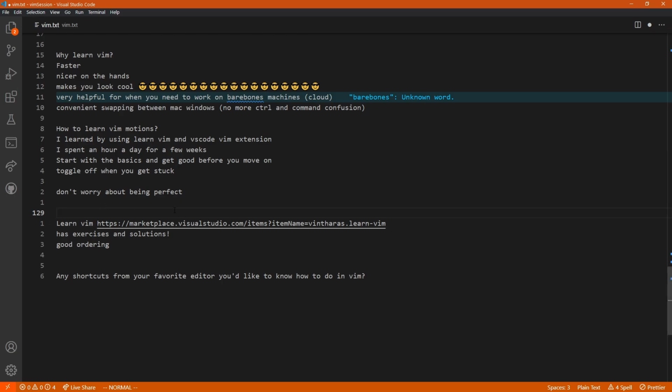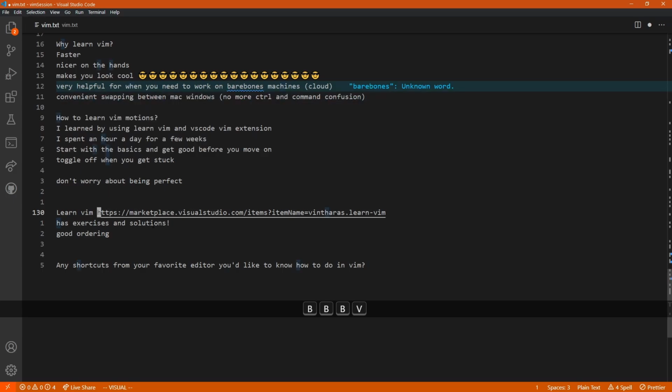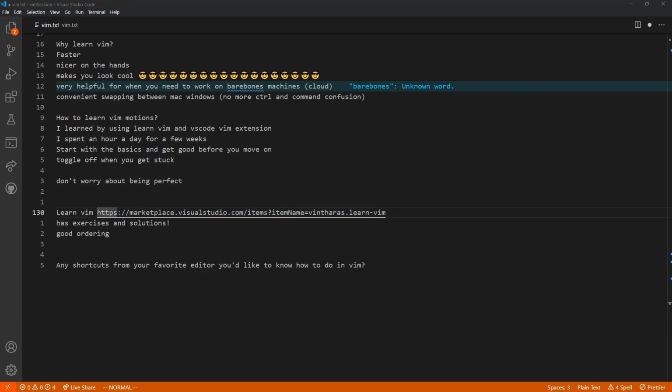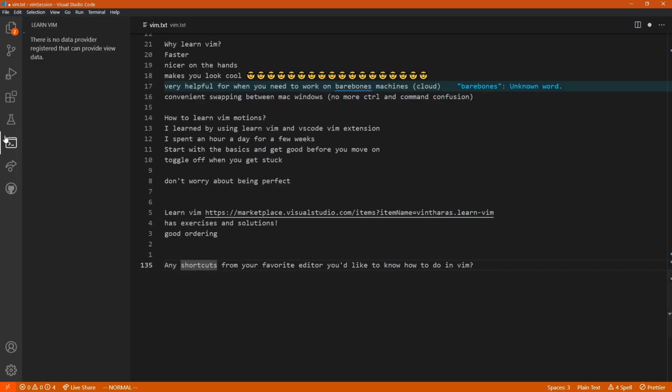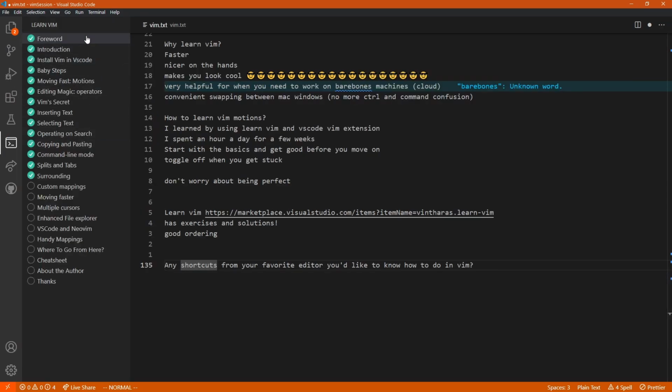And then this extension is very good. I don't have to press the E key so many times. I like it a lot. And I mentioned I'd stolen from that, from the Learn Vim extension, but